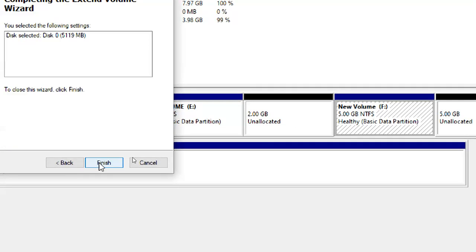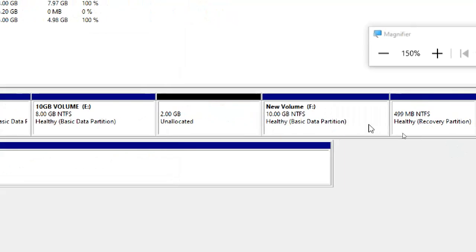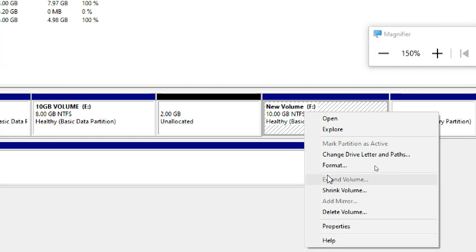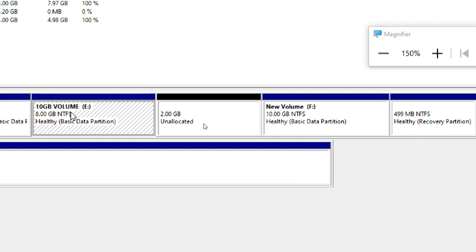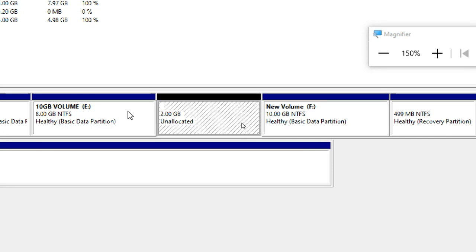We'll see, completed. No unallocated partition next to F drive. It is there, right? 2 GB is there. So I go to F drive, right click, Extend Volume is not showing. Why? Always the unallocated space must be next to the volume, always on this side only. So you can decide from your side when you see the screen. The unallocated space should be on the right side.